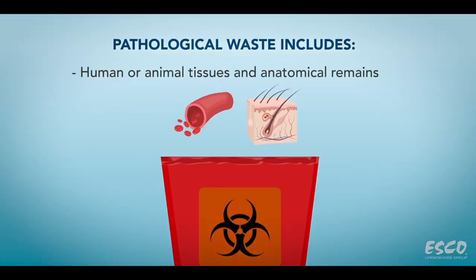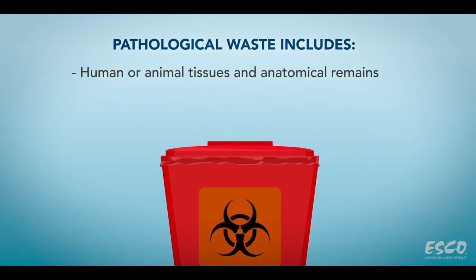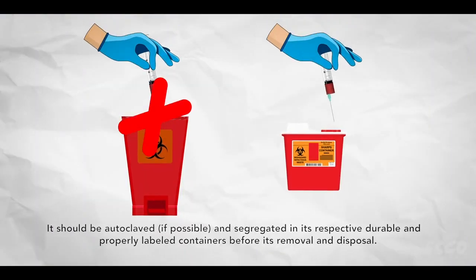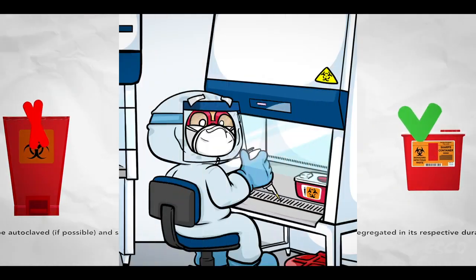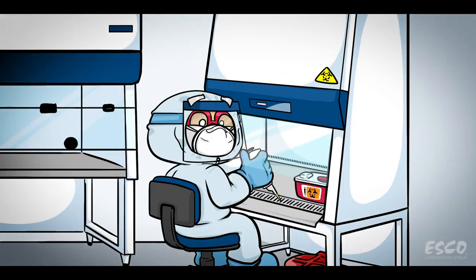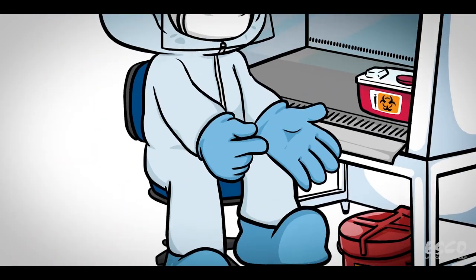Pathological waste includes human or animal tissues and anatomical remains. These should be collected in leak-proof sealed bags. It should be autoclaved if possible and segregated in its respective durable and properly labeled containers prior to its removal and disposal. Back in the situation earlier, he should dispose the pipette tips in the sharps container, then throw his